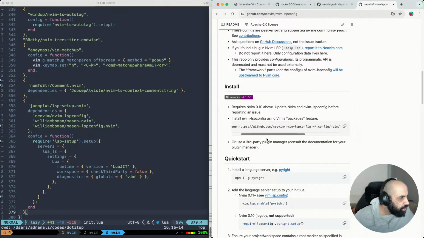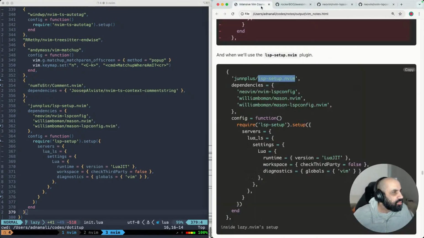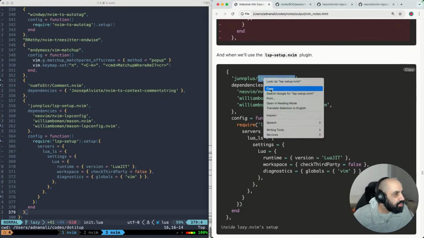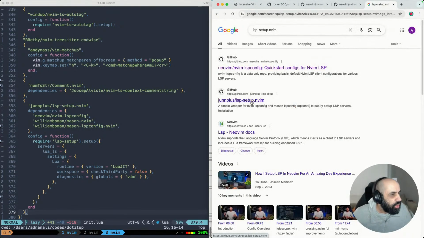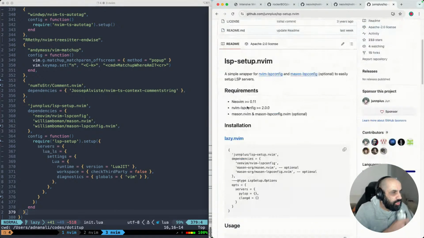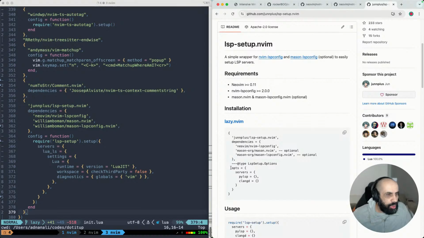Having said that, installation is very basic. So nothing. Wait, I'm in the wrong plugin. Did I not copy this? Did I not paste it? What I meant to do was go here. Okay, this is better. What do we have? So just double checking here. Yep. Mason LSP config, and then just pump in your